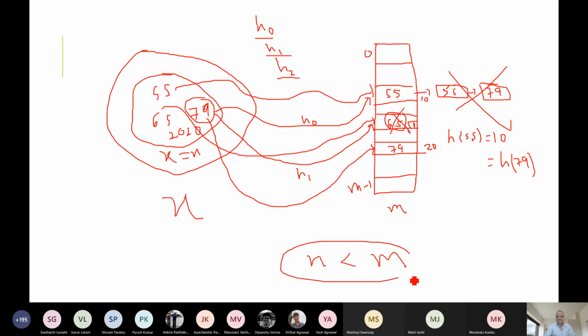Otherwise we cannot do it. If there are 100 slots and 200 keys, how can we fit them there? If there are 100 slots and 90 keys, we can easily fit them, or 50 keys. But yes, you are correct. Only if n is less than m is this applicable. This is the assumption for open addressing. Thank you.